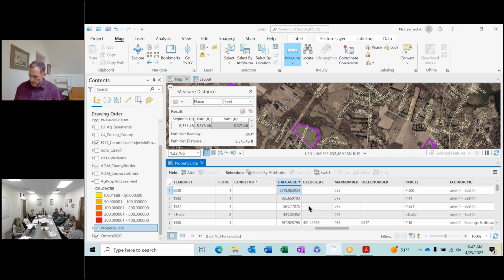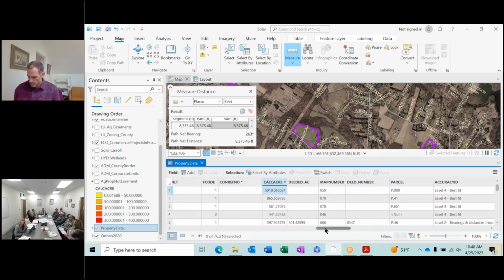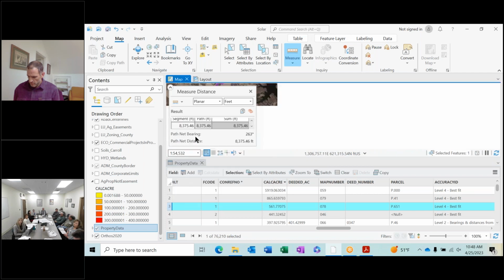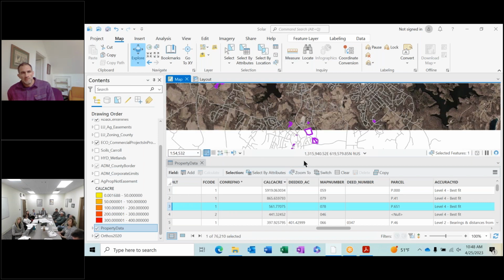So there are two properties in Carroll County that are greater than 650 acres. Liberty Reservoir, owned by the city, and I believe this is Springfield Hospital, owned by the state. Other than those two, the next largest is 561 acres, and that's also owned by the state. I'm not sure which one that is. Could be Morgan Run. I think Piney Run's like 300 some acres.